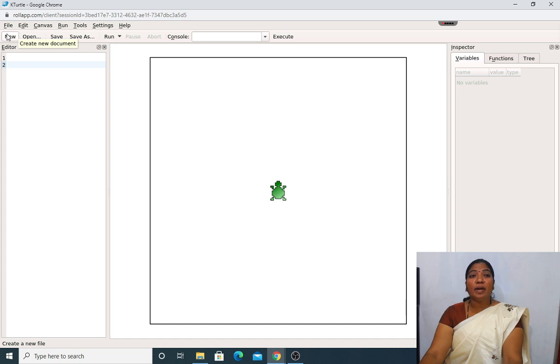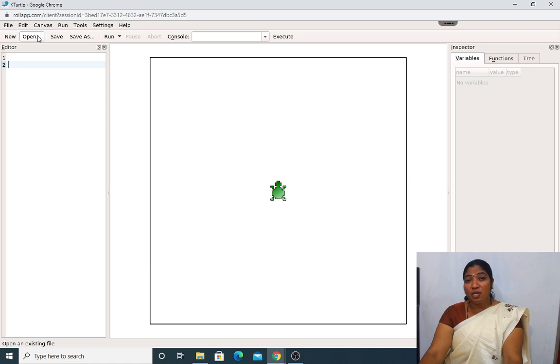What is the main purpose of new? Creating a new document. We can create a new document with the new button. Second one is open. How can we open a file? If we have created a document before, then only we can open it. Before creating, what do we have to do, my dear students?